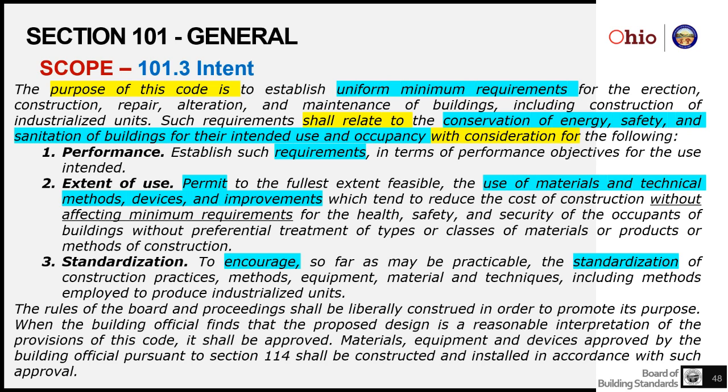And the rules must also permit to the fullest extent feasible the use of materials, techniques, devices, and improvements. We understand, or the board understands, that changes happen, improvements are made, new materials come to market, new ways of building things are out there and applicable. One of the things that we're dealing with currently, that's probably one of the bigger changes that I've seen, is the use of wood in tall buildings these days. There is a whole set of requirements that are being brought into the International Model Code family that deals with the use of wood in tall buildings.